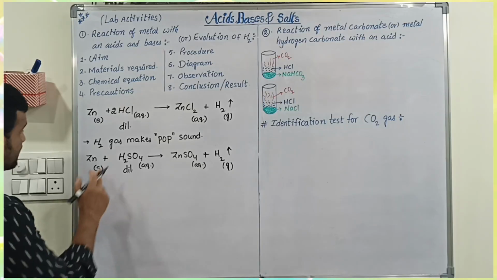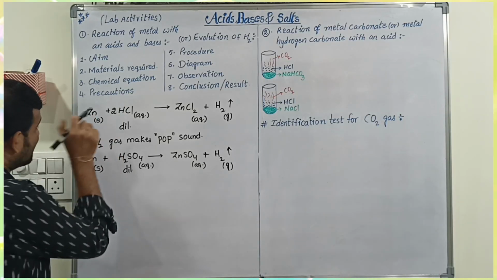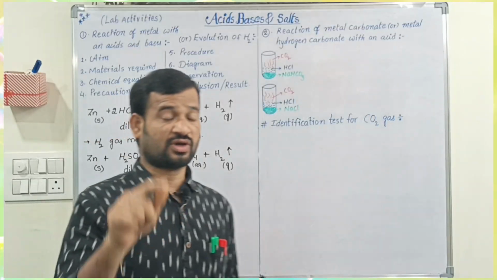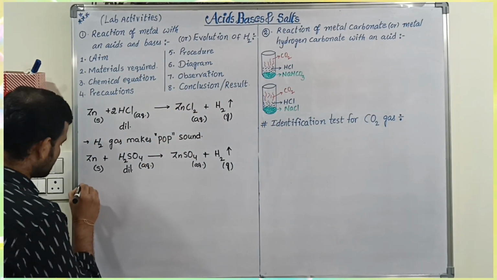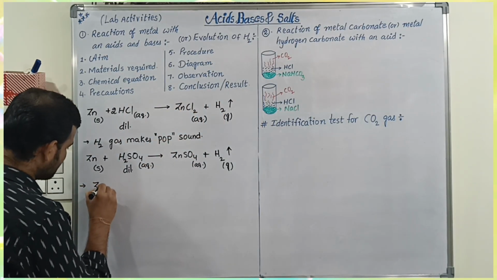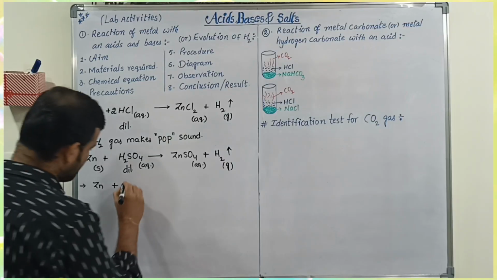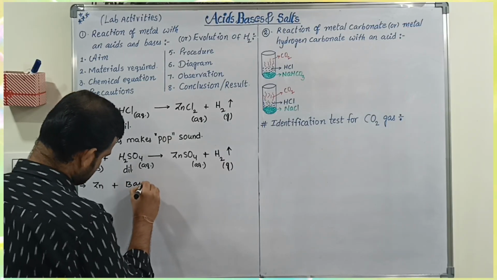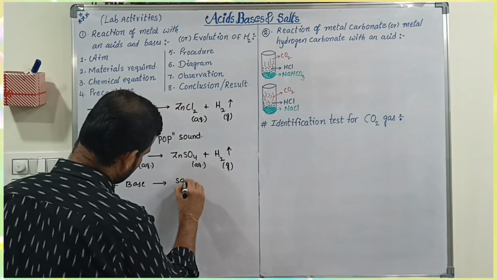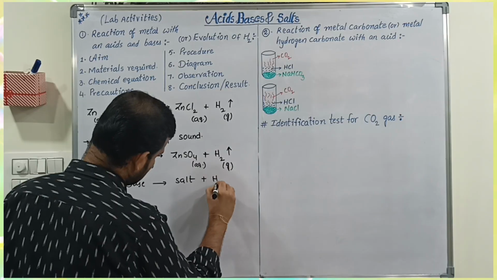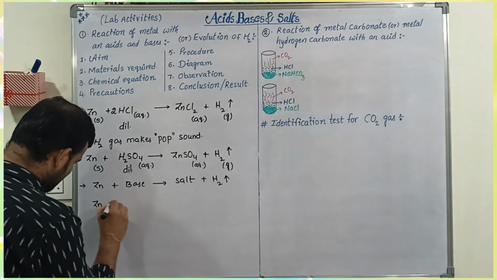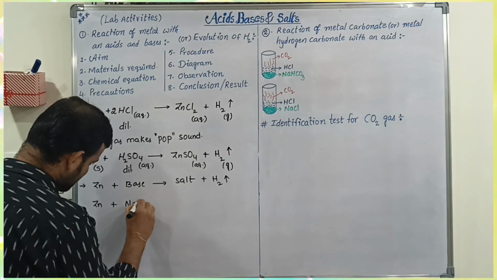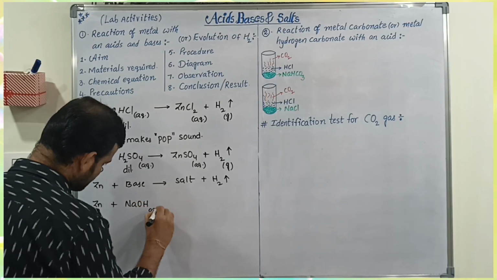Okay? So, next, if zinc metal reacts with a base, then what type of product will be formed? Here also, salt will be formed and hydrogen gas will be liberated. So, here zinc reacts with a strong base, sodium hydroxide aqueous solution,